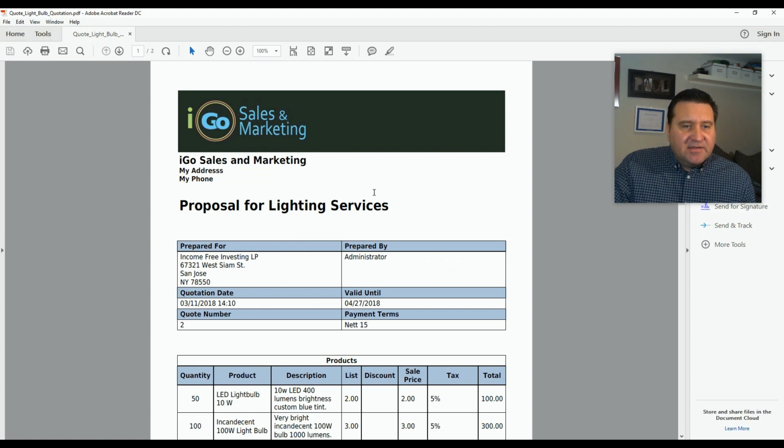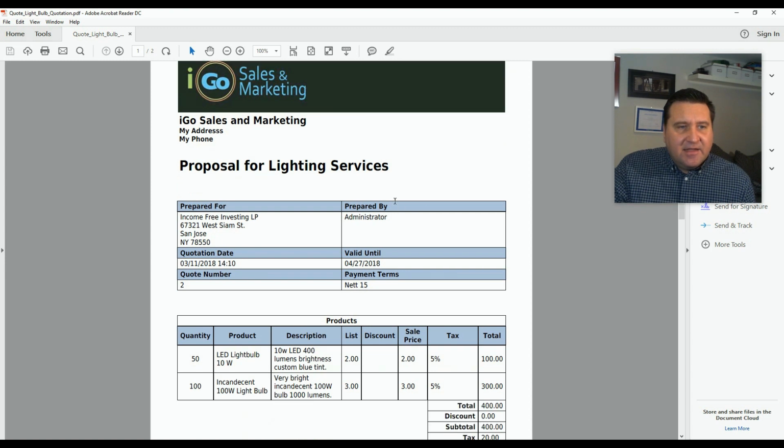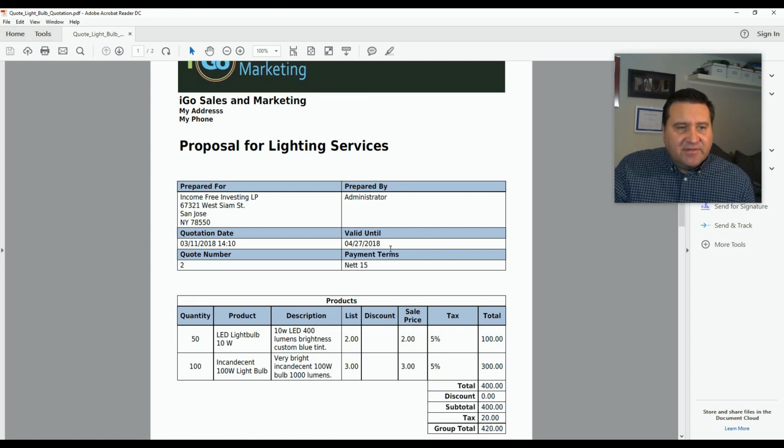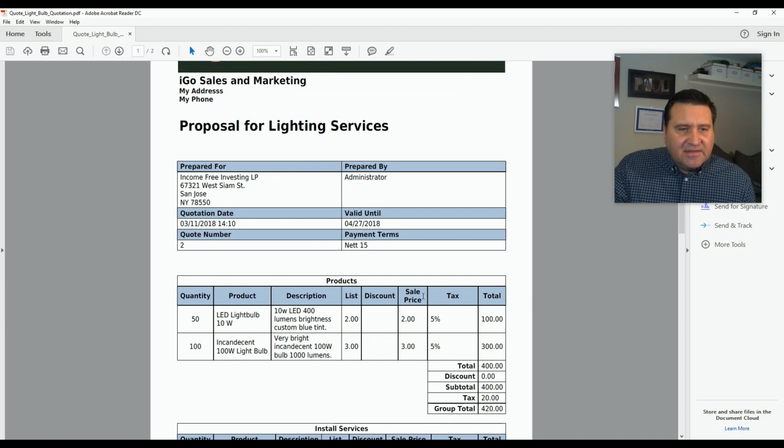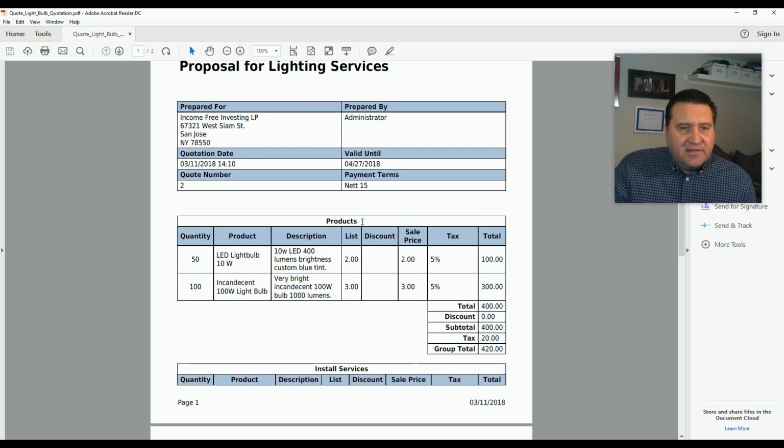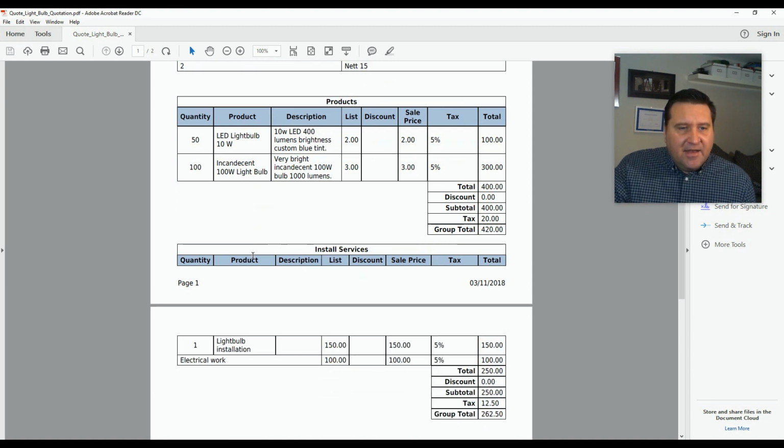And so there's my custom quote that I set up. You'll see my header, my background, the business name that I added in. I changed the proposal to lighting services. I didn't change a whole lot of this stuff, but you can see here I have product groups now. So I have products, and they're all grouped together with their own total. And then I have install services, and they're all grouped together with their own